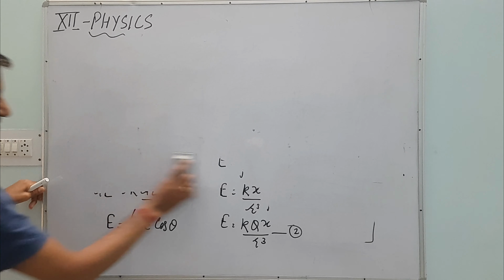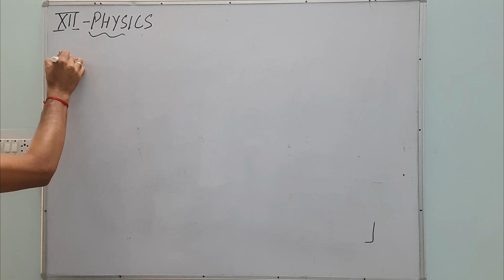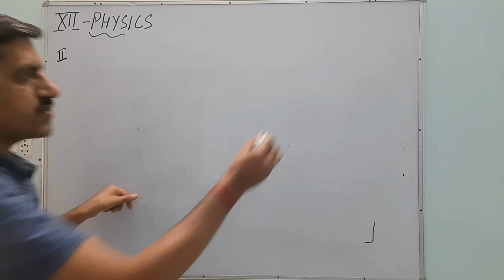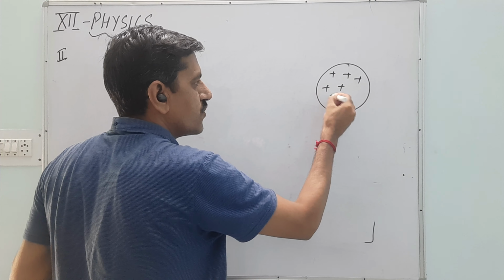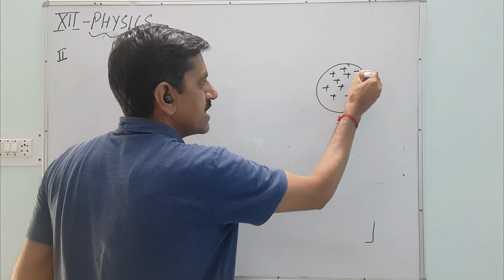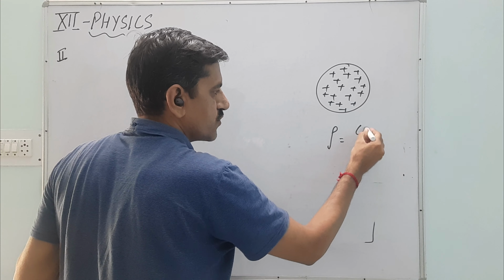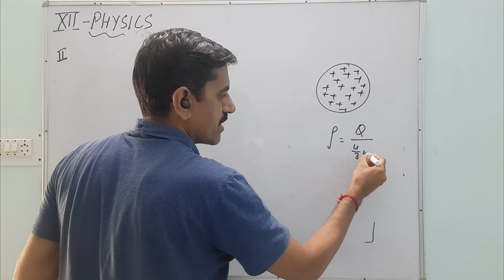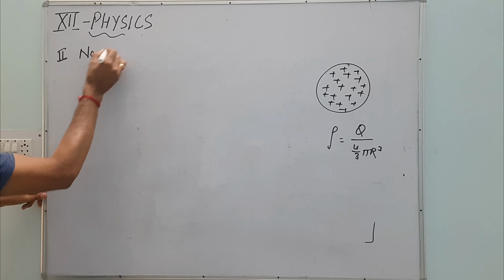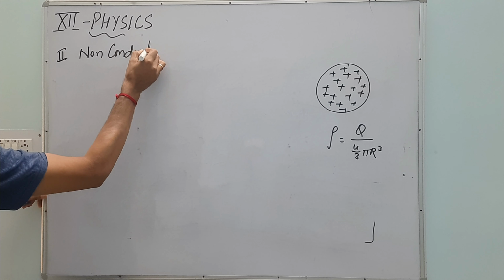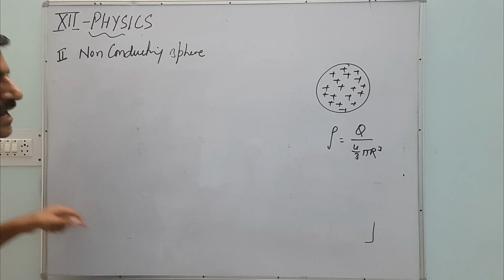Now come to the next one. Again this one is additional, right? It's electric field near a uniformly charged non-conducting sphere. Consider a non-conducting sphere having a uniform charge distribution, total charge upon total volume, right? So I am considering here it is non-conducting. That's why charge remains inside the non-conducting sphere.